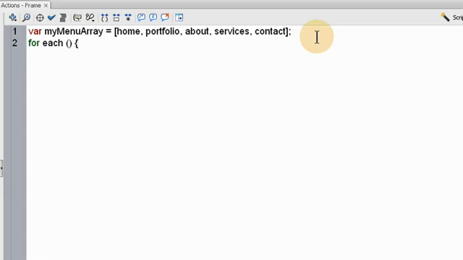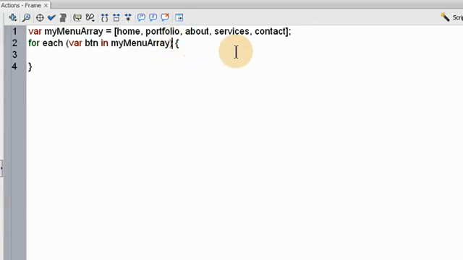Close that off down here, and inside the parentheses here we're going to type in var, let's call this btn clip, or you could just call it btn because they are button symbols. So btn, in, you can call it whatever you want there, in my menu array. So we'll grab this, pop it right there,